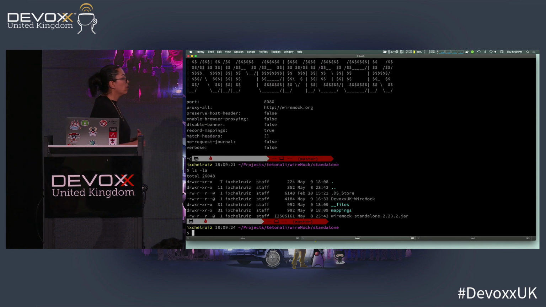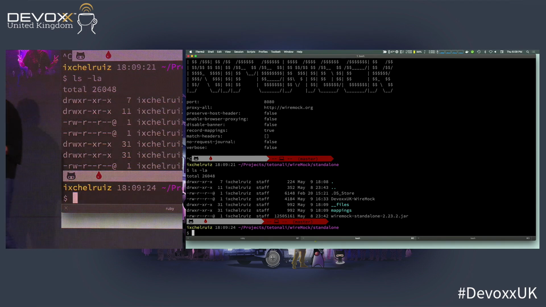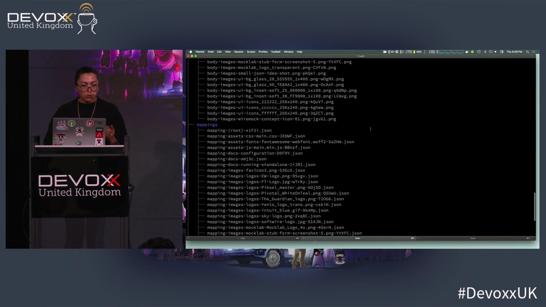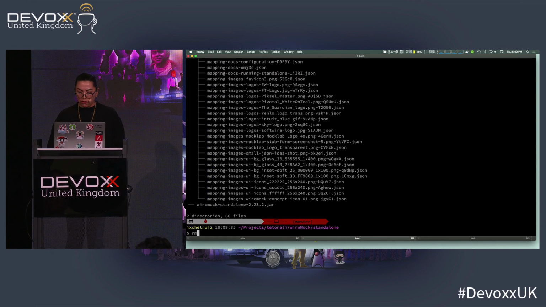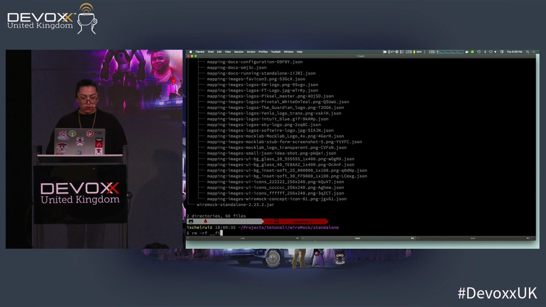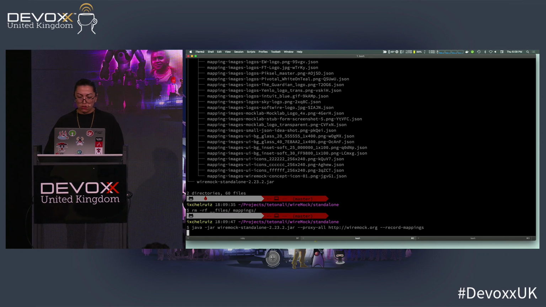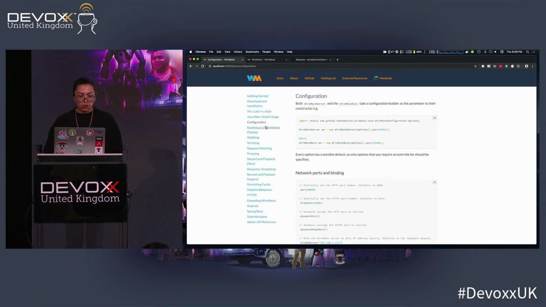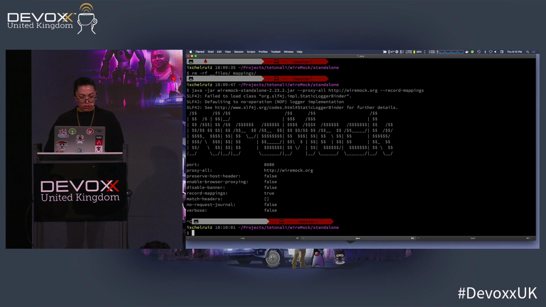Here, you're going to see that I have two new directories, the directories files and mapping. And if I do tree on those, you will see that I have a lot of things now. If I delete those directories, I'm completely deleting them again. I'm going to start again my WireMock in the proxy mode. I'm going to do exactly the same thing, go into configuration, go into the running and standalone. And if I, again, stop it, and I do again tree,